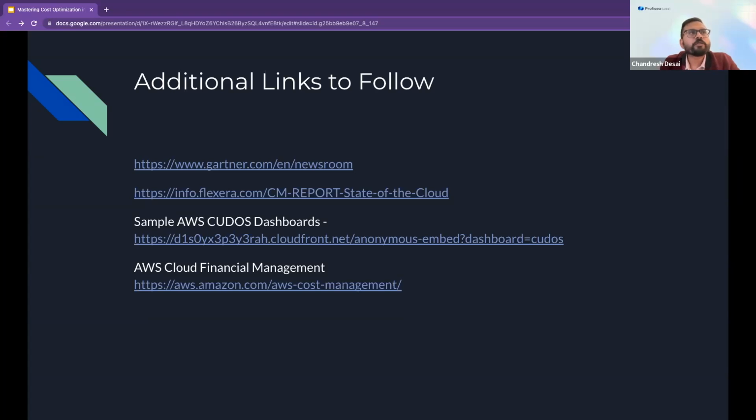So for FinOps, the one-stop solution is to go to finops.org, and there is a link there to get certified. Right now there are no external courses to learn more about FinOps, but the FinOps website is where you can learn the FinOps framework. You can also go to the FinOps project, where there are a lot of case studies and use cases.